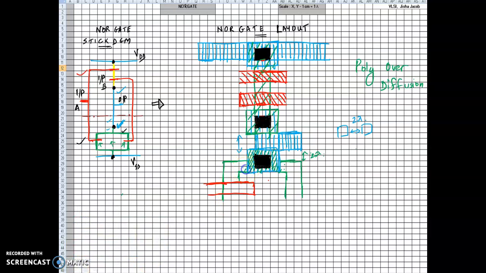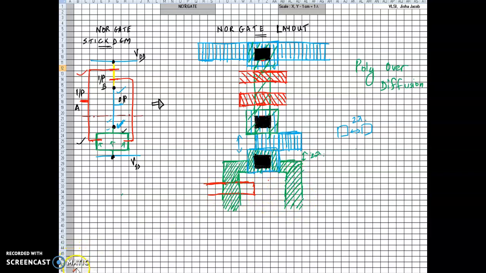give the correct shading for the N diffusion. Closely spaced, right? Closely spaced green shades, okay? Green slanting lines. Remember the polysilicon over diffusion. So I have to shade the diffusion first. Trust me, when observing or just looking at the layout, it is obvious which one was drawn first, the diffusion or the polysilicon. So when I said polysilicon over diffusion, you have to follow it that way because it makes a difference, of course. Okay, polysilicon has to go over diffusion.